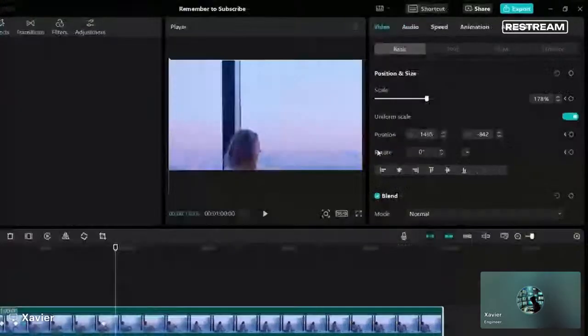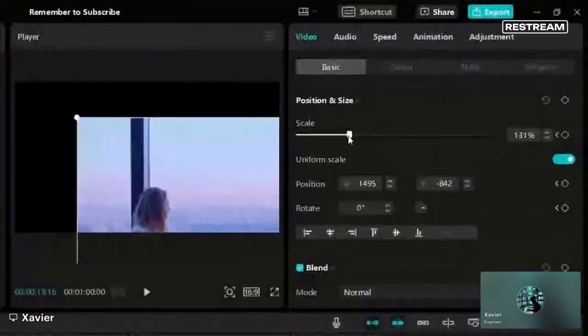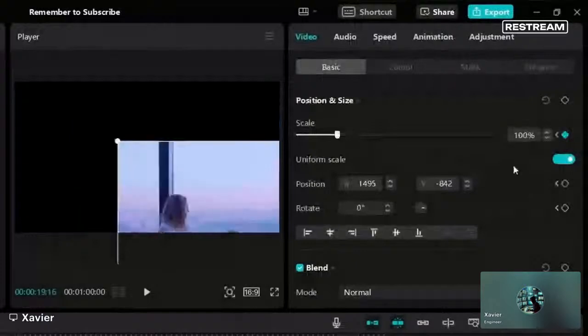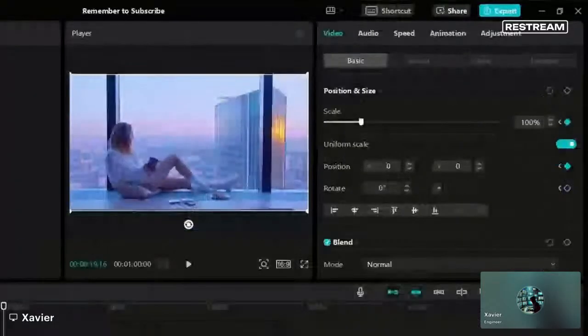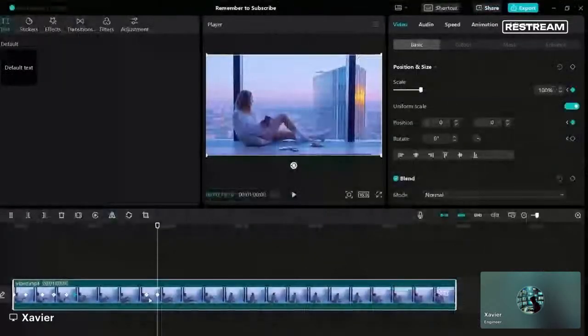So for scale, you want to bring it back to 100%, you can just type in 100 and press enter. And then for the position, you have to change these two back to 0. So if I change this to 0 like this, change this to 0, hit enter, it's going to bring the video back to its original zoom out. So remember,